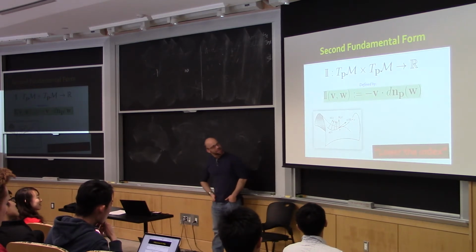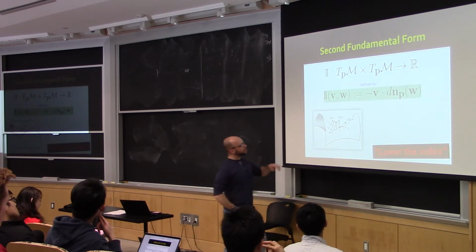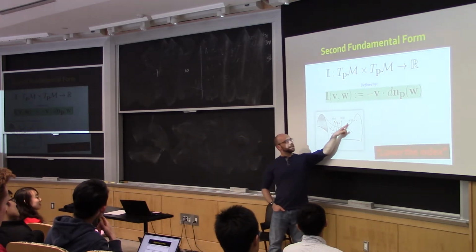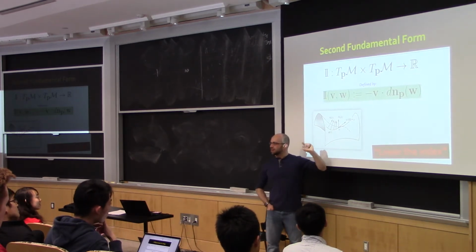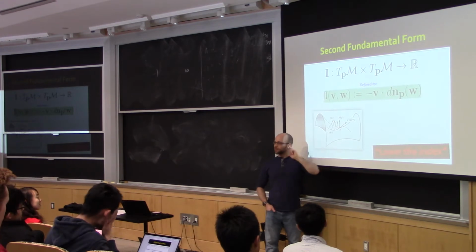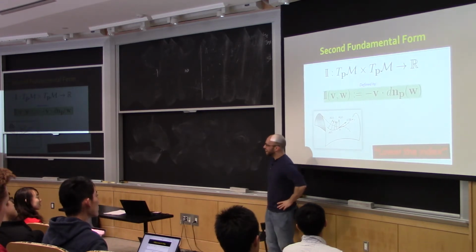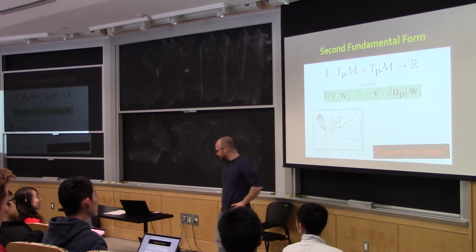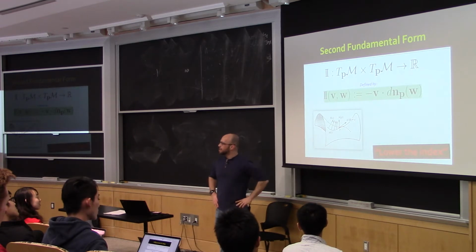Okay, right, and so this object we proved in class. The way that we defined it here, it's got a little bit of a mystery, right? This is differentiating the normal vector and then taking the component in some other direction. And the mysterious property that a few of you tried to convince me is natural, and I still don't buy it yet, I'm sorry, Pierre, is that in fact this thing is symmetric, that if I swap v and w here, I get the same number. Yeah?